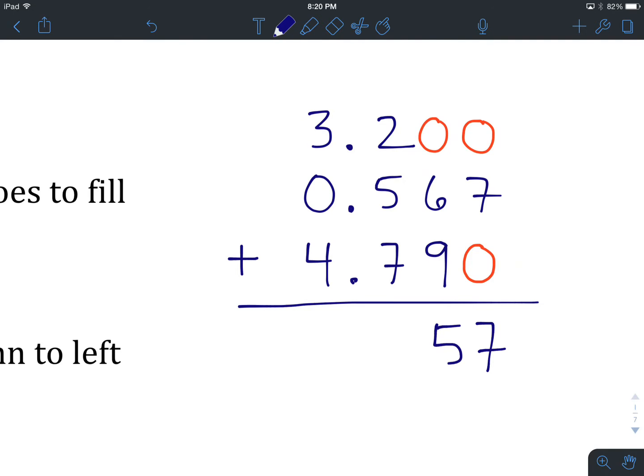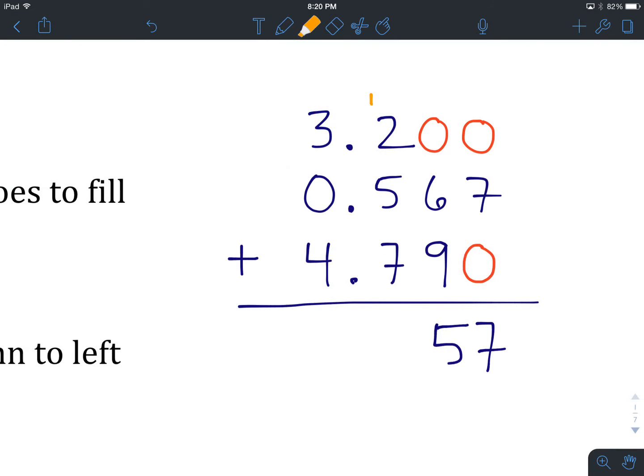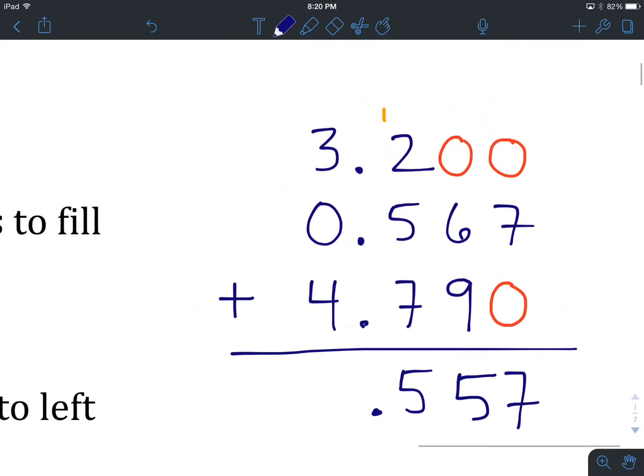So there's our 5. We're going to carry our 1. There's the 1. Now we are going to be adding the tenths column. So we have that 1 at the top, plus 2 is 3, 3 and 5 is 8, 8 and 7 is 15. There's our 5, there's our decimal, and we are going to carry another 1 over into the ones